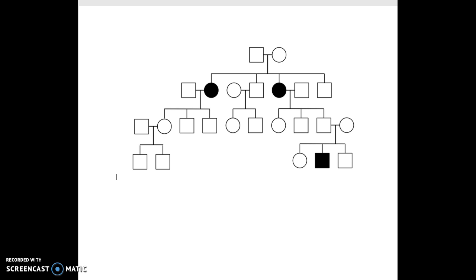So the thing that we use is something referred to as a pedigree. A pedigree is a family tree that traces one or more traits that take place in a family. We're going to learn how to read a pedigree. We're also going to learn how to figure out how these traits are inherited, whether dominantly, recessively, or through a sex-linked